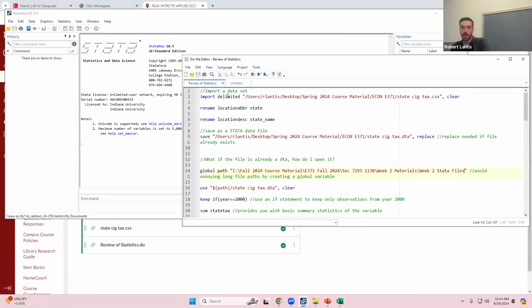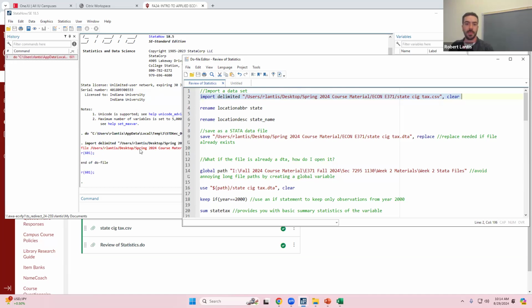So I think before, we downloaded this state cigarette tax variable. I'll show you why having this global is helpful, because in the original file I didn't. I know that I have this defined global. If I try to run this original one, it gives me this error. It's trying to pull stuff from my personal computer. Well, it can't do that, right?